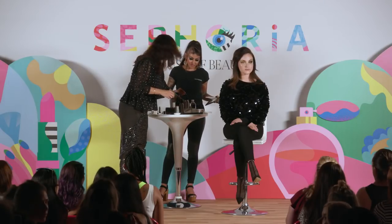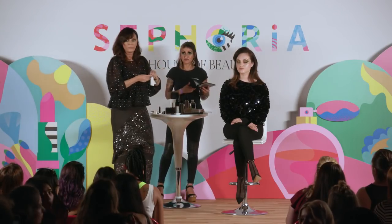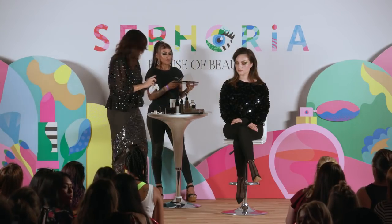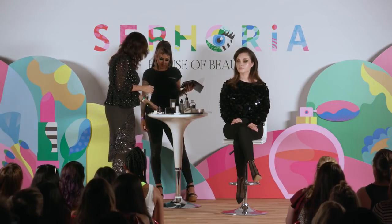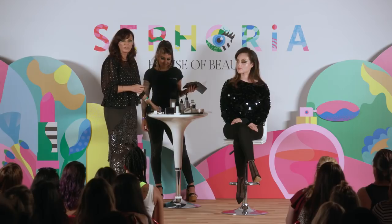What's your favorite eyeshadow brush, like that you can use for everything? And what eyeshadow primer do you use? My eyeshadow base. This is the one that I was talking about in the beginning. It's just called eyeshadow base, but with my name on it. And the brush I love to use,